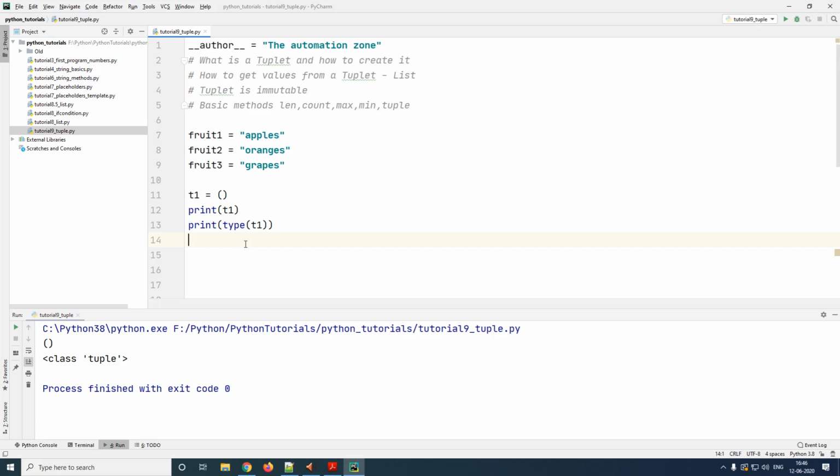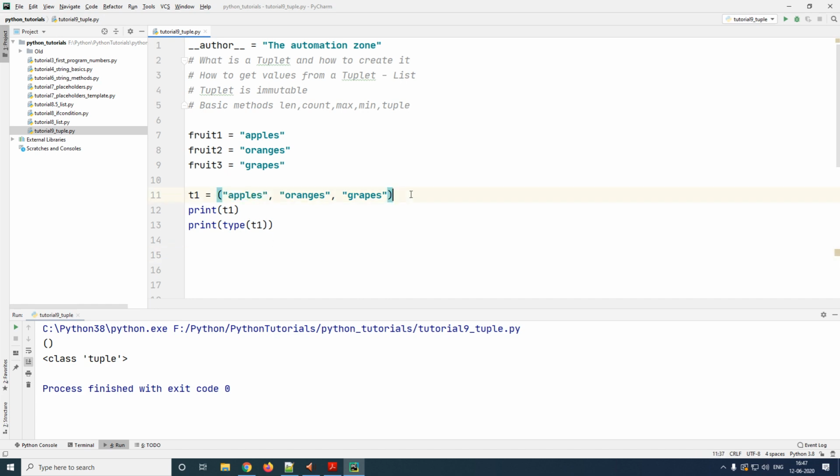Now we learn how to retrieve values from a tuple. The technique of retrieving values from a tuple is exactly the same as that of a list. So let me first create a tuple again having the exact same values, which are apples, oranges and grapes. Each and every element inside of my tuple has an index. Going from the first to the last, you have indexes starting from 0, then 1 and then 2. If you're going in the reverse order, you have indexes starting from -1, -2 and -3. If you want to know more about indexes, I'm giving the link below that will teach you more about indexes in the chapter of list.